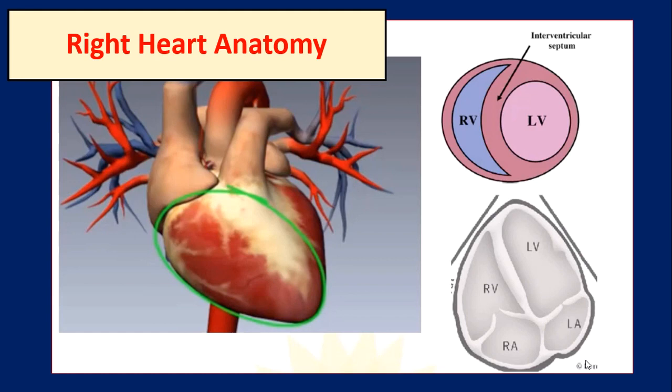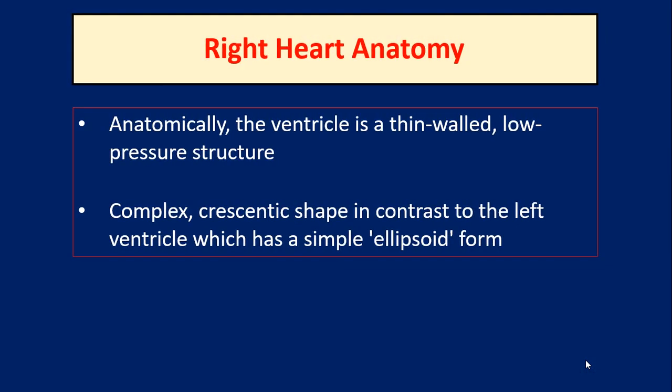So this is the anatomy of the right heart. As you can see, the right heart is the most superficial structure if we go from the chest side, and it's a crescentic shape, and there is an interventricular septum between the right ventricle and the left ventricle. Anatomically, the ventricle is a thin-walled, low-pressure structure in comparison to the left system. It's a complex crescentic shape in contrast to the left ventricle, which has a simple